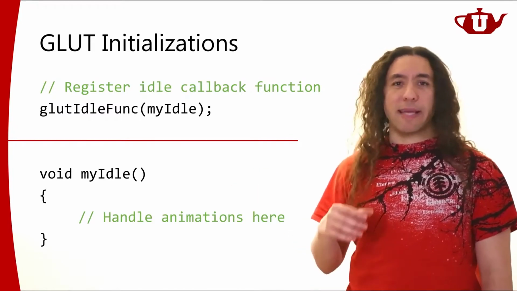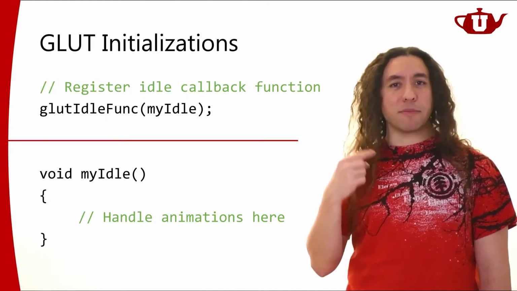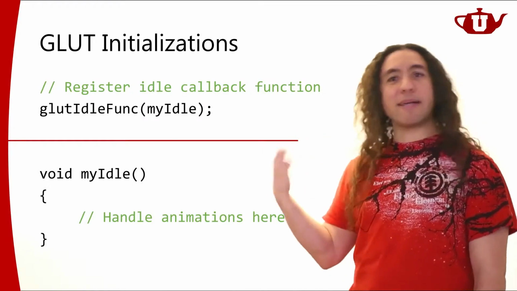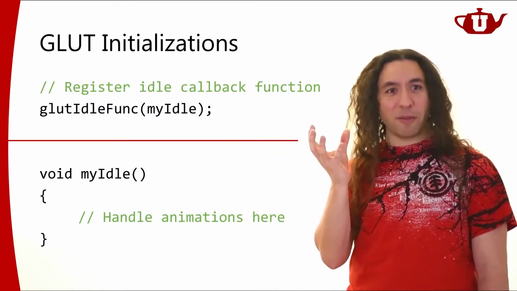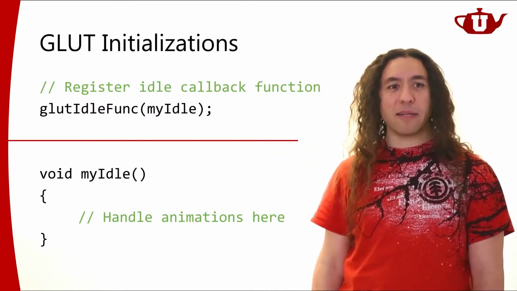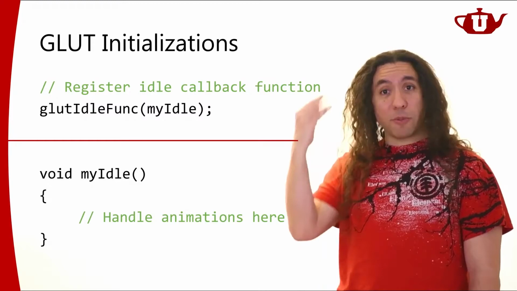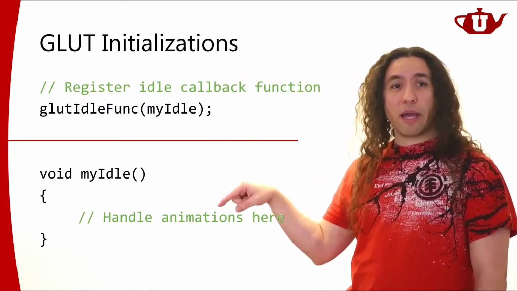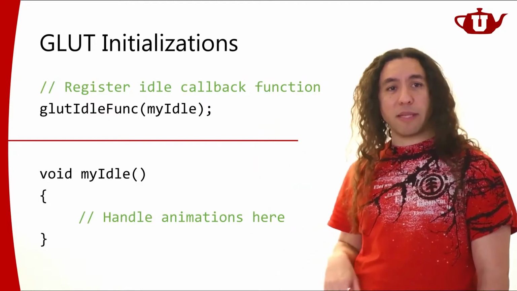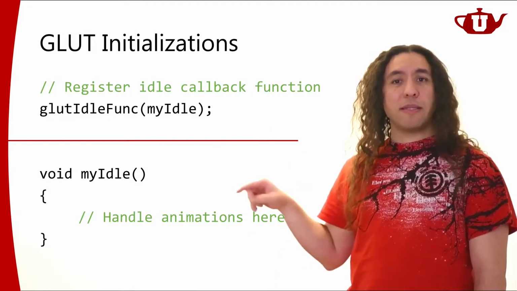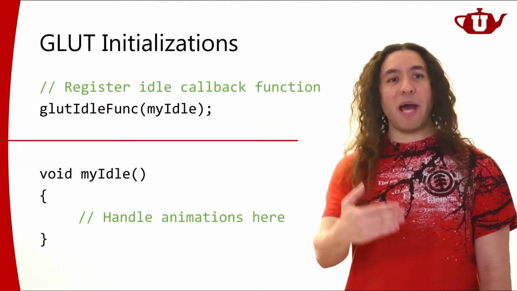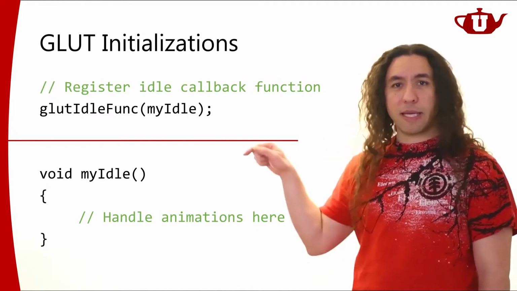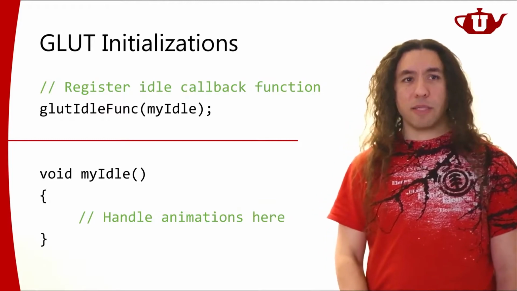For example, let's say that I'm displaying a rotating teapot. The teapot keeps rotating, right? As time passes, I'm going to have to rotate the teapot a little bit and render the image in the OpenGL window again. This is where I will do it. This is where I will know, okay, I'm done rendering the previous frame and everything else that I have to do. Now I can figure out how much time has passed and I can rotate my teapot accordingly. So this is the place to do it.